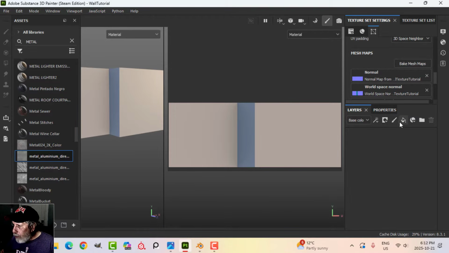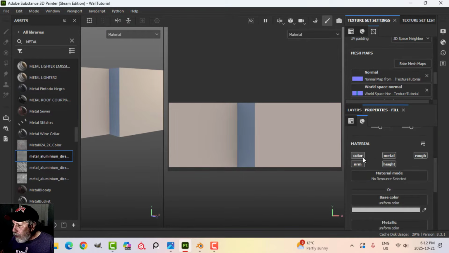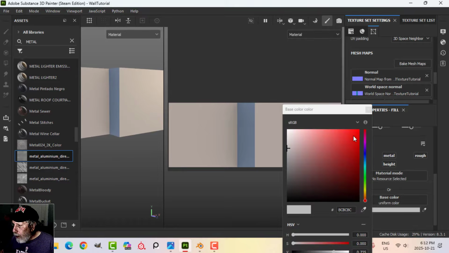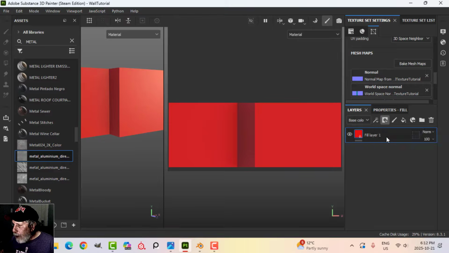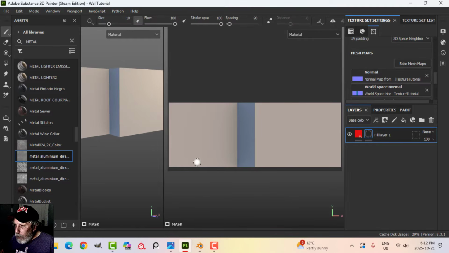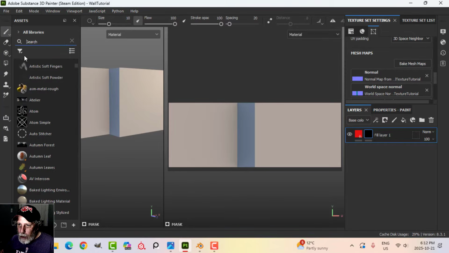So what I'm going to do is add a fill layer, and I'll just use color for the moment. I'm going to make it red so it's easily visible. I'm going to add a black mask, and now I'm going to paint the area that I want the bricks in. So I'm going to come over to my alphas